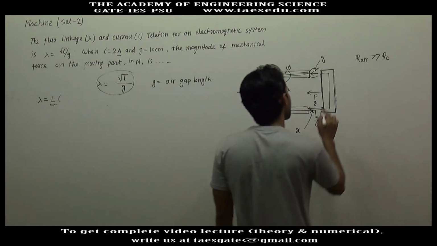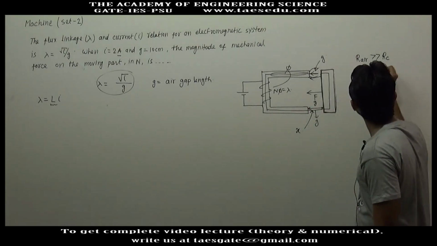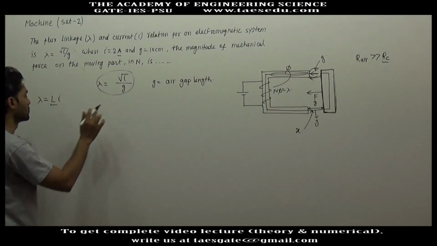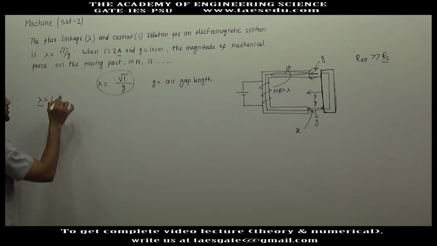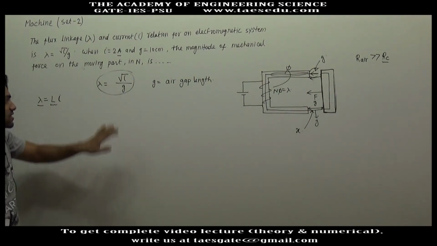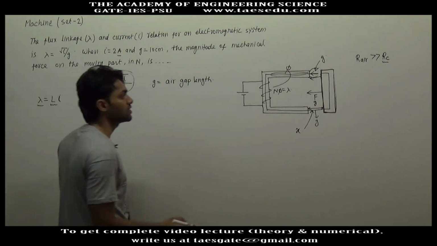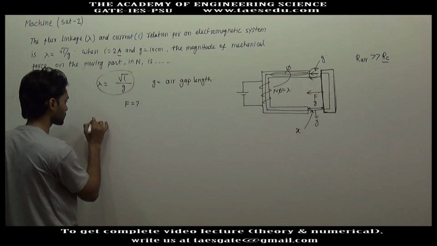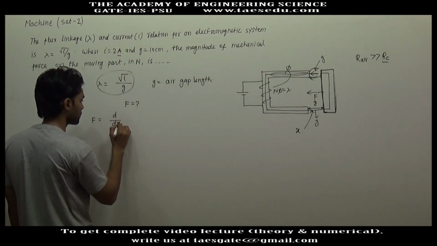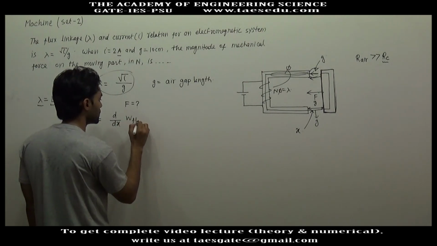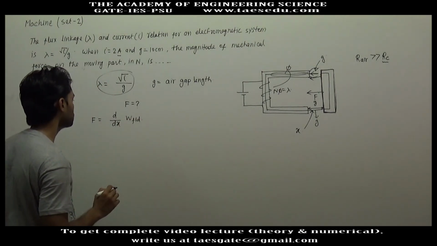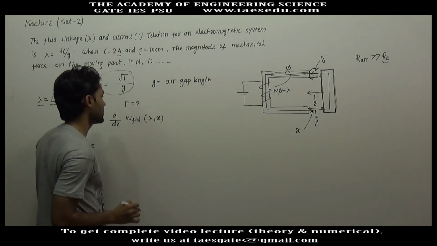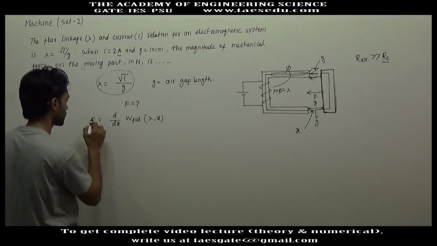But here, if this bar moves in this direction, the reluctance will be variable, so inductance will also be variable. So the total flux linkage need not be directly proportional to I. Whatever the relation, this relation is given. Now we have to find the force acting on this bar. The formula for force is d by dx of the stored energy in the field, which is a function of total flux linkage and position x. The magnitude of force is given by this formula,